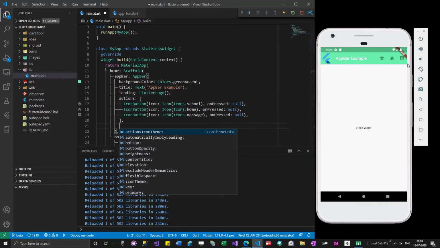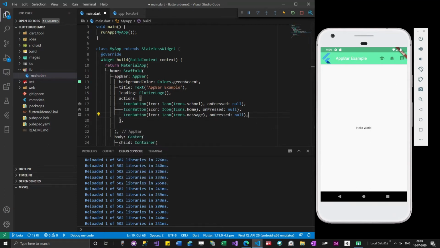Usually at the end we'll see some three dots, right? Three dots icon. Usually that is used for a menu option, right? Let's try adding that menu option here.